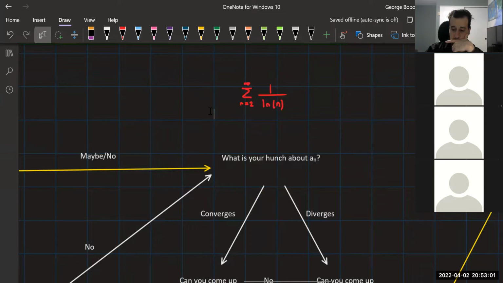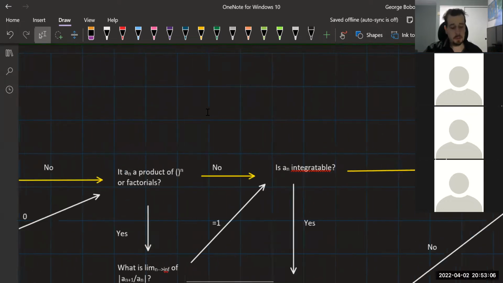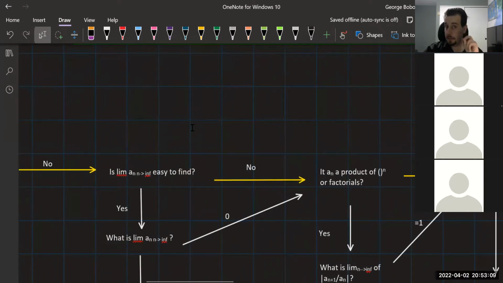Would it converge if 1 over ln n just keeps on getting smaller? We just did the limit right here. We do get that the last term of the series is going to go to 0, but that doesn't mean that the series will converge, right? Not because the sequence converges, because the series is a sum. The sequence is a different thing, but the series is a sum. It keeps summing those previous terms. And it doesn't matter that the last guy is 0. Maybe the guys in the middle added up to something huge, right? Maybe if they added to something that's already infinite, it doesn't matter that we keep decreasing the inputs, right?